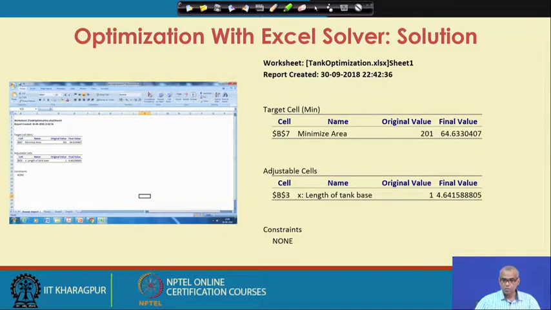So, the solver can be used easily to solve an optimization problem. For the time being, we saw an example of an unconstrained optimization problem. Solver also allows you to put constraints in it.